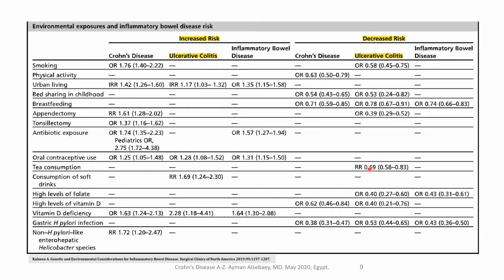Tea consumption is associated with decreased risk. High levels of folate are associated with decreased risk. Vitamin D, the same. They found this in ulcerative colitis, but in Crohn's disease, what is proven to decrease risk is high levels of vitamin D and gastric H. pylori infection. Okay,